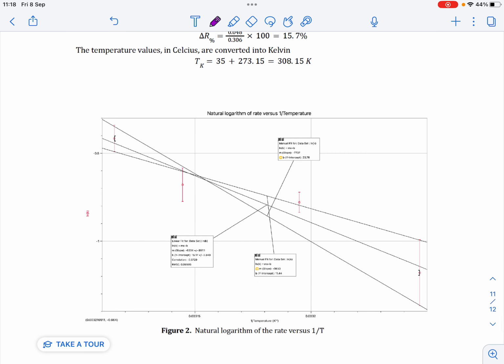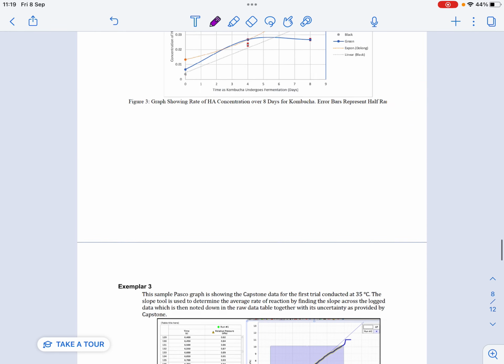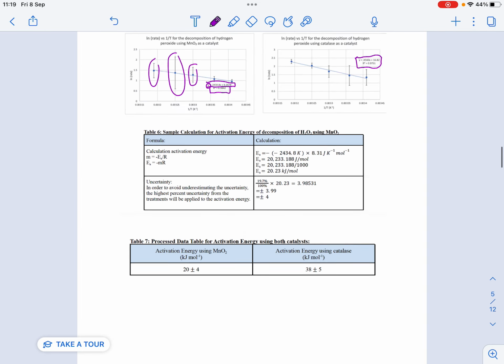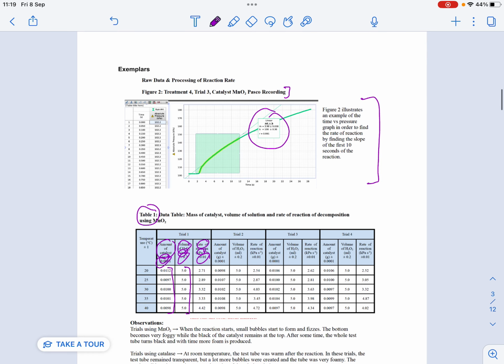And then this person has used a different program than Excel to do their scatter graph, but they've got their data points along the way with their error bars right here. So they're doing that. They've actually added max-min trend lines, which is sort of a physics expectation and is something that you can strive for in chemistry if you want to look at the uncertainty on your trend line slope. But either way, those are three really good examples, 6 out of 6 data analysis sections. So pick one that works for you and try to emulate the level of clarity, the different sections, and you'll be in good shape for your data analysis.